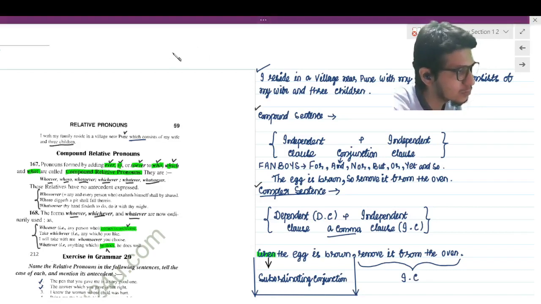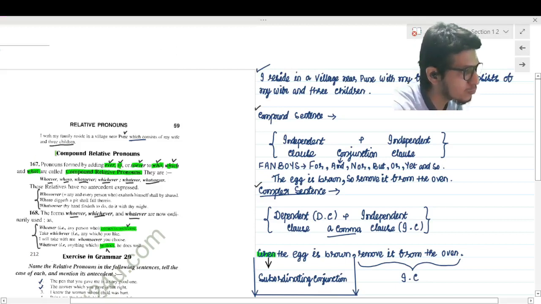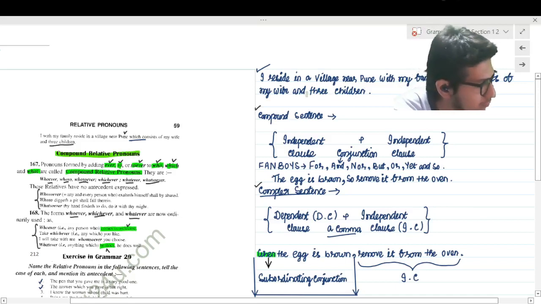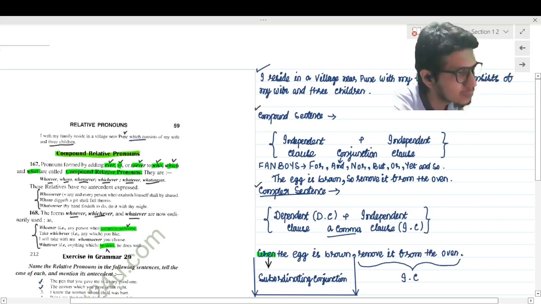So now we will start with compound relative pronoun. Okay, I reside in a village near Pune with my family, which consists of my wife and three children. Okay, which is a relative pronoun. Okay, and the antecedent of which is my family. Okay, so the pronoun is giving information about the antecedent. Okay,